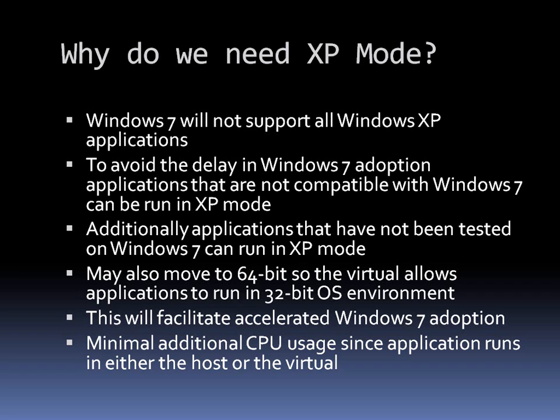Now, over time, hopefully that regression testing would get done. Software ISVs, etc. will come out with new versions that will work on 7, and then you can remove the applications from the XP environment and just put them natively on Windows 7. So this shouldn't necessarily be a long-term solution, but it's something that's going to get us the enablement to get to Windows 7 as soon as possible. It's not a huge CPU hit. If you consider that maybe I had 4 applications I want to run, well, I'm still only running 4 applications